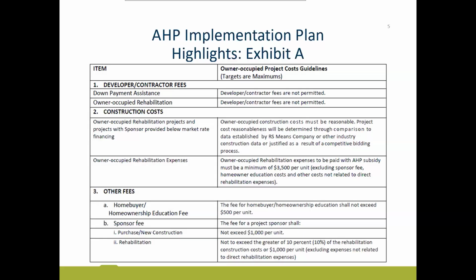Now, the 10% of rehabilitation costs, if you have had previous projects with us, this guideline has changed slightly as of this week, actually. So you probably have received an email if you have a prior year project with us this week regarding the